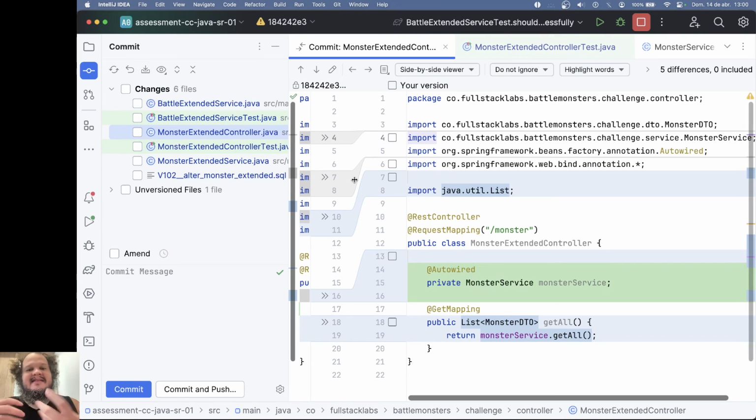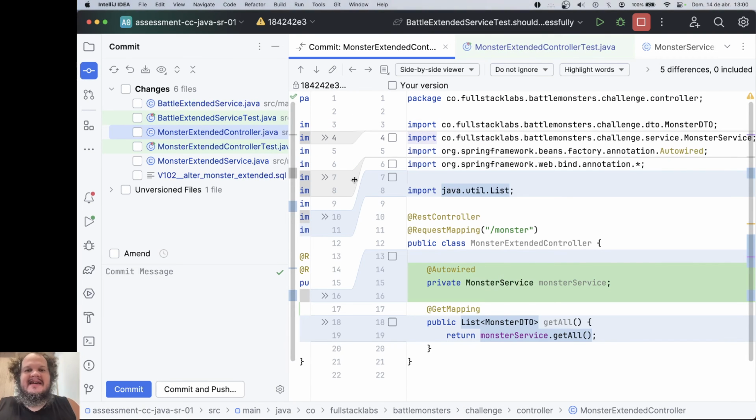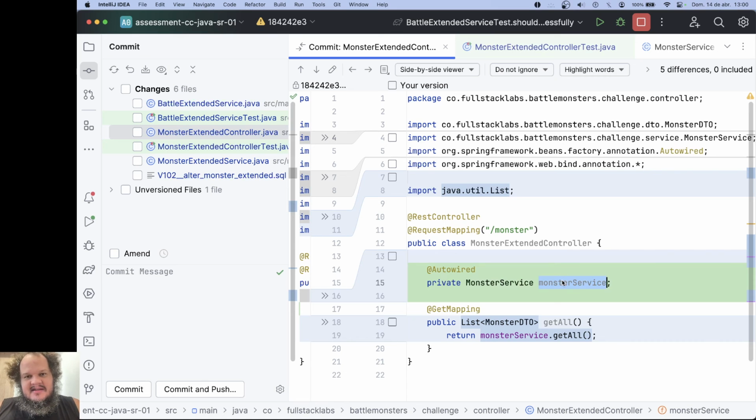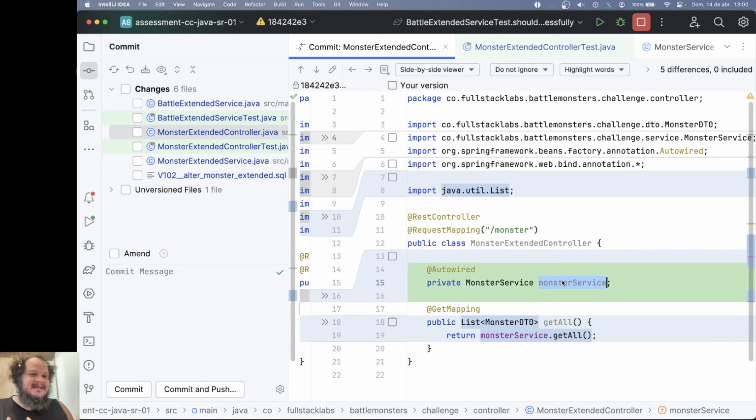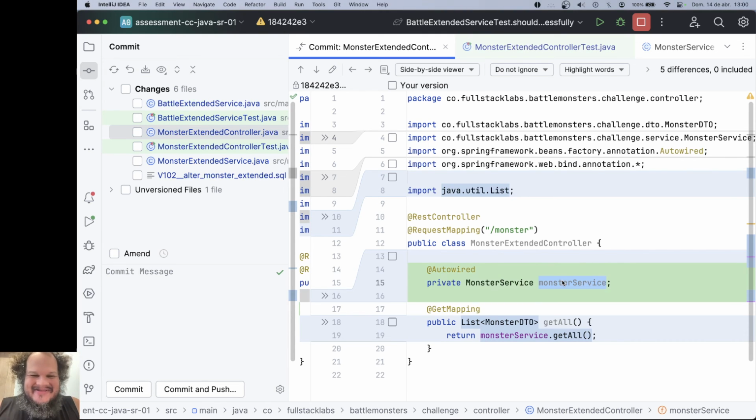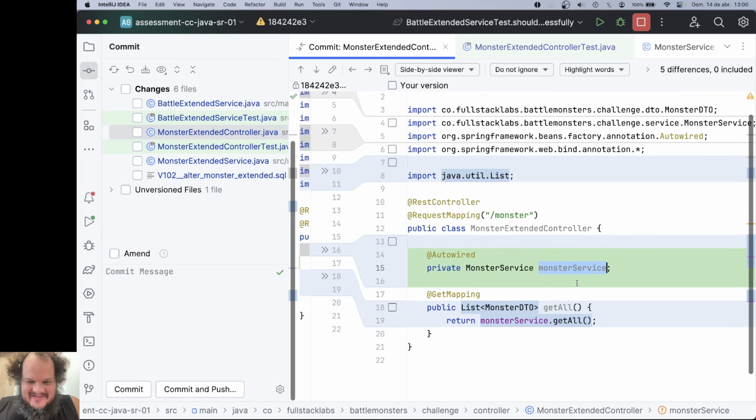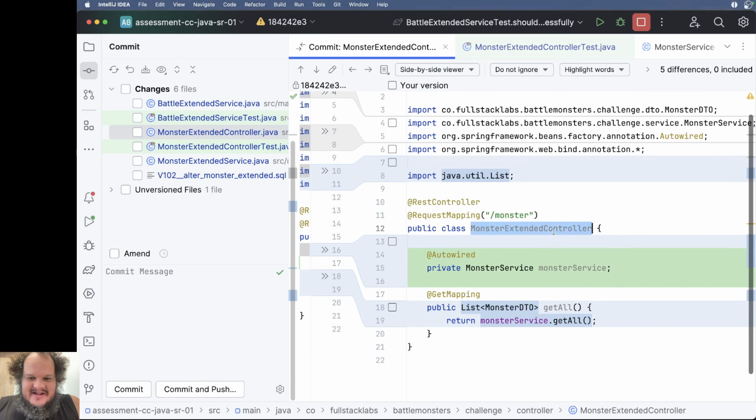There is no time for that, and I tried to prioritize the things that I could accomplish and the things that I think are more important, like implementing the source code instead of tests. I started with the tests because I guessed they were simple, but as I could see, they were a little complex. So here on Monster Extended Controller,